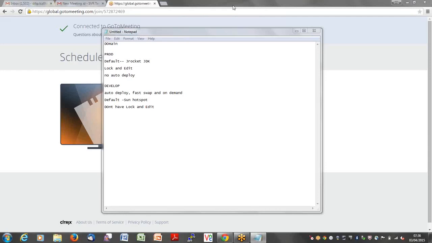So when you use a JRockit JDK or Sun HotSpot JDK, the WebLogic server runs the JVM process in JRockit or Sun HotSpot. If you are using JRockit, the JVM process will start as a JRockit JVM process. If you use Sun HotSpot, it will run as a Sun HotSpot JVM process.